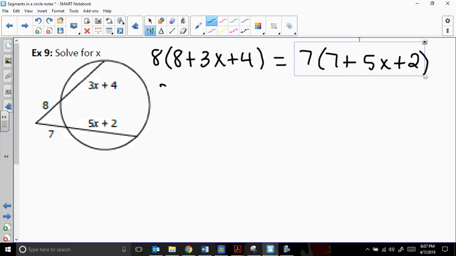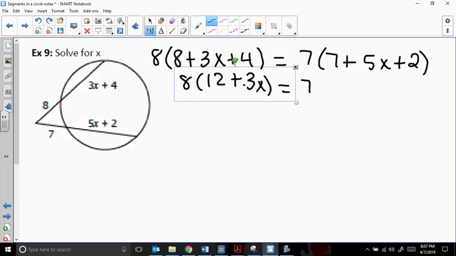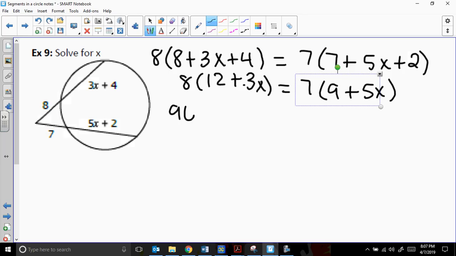Now I like to go ahead and combine like terms in here. So we get 12 plus 3x is equal to 7 times 9 plus 5x. And then I would go ahead and distribute. So I have 96 plus 24x equals